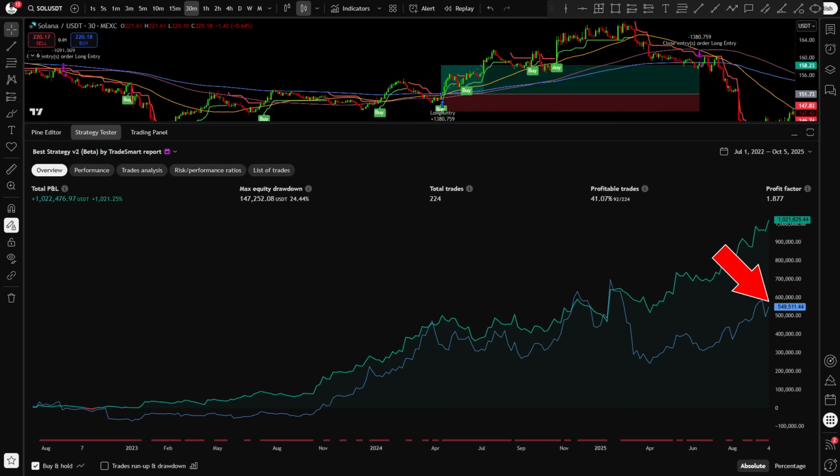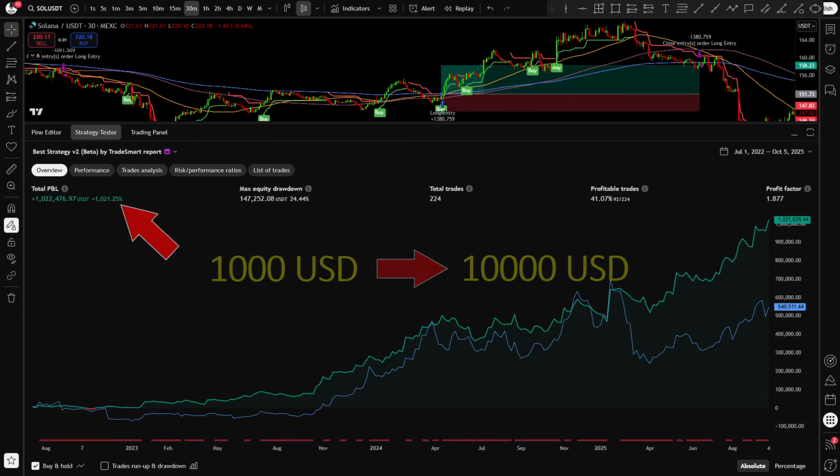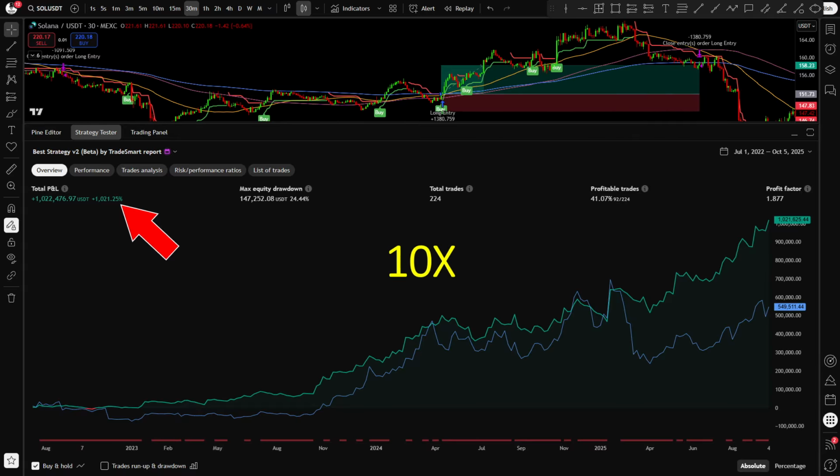In the last 3 years, if you would have traded this strategy alone, it would have turned a $1,000 investment into $10,000. That's a 1000% plus net profit, or in other words, a 10x. And the best part, this strategy not only works on Solana, but on Bitcoin and Ethereum, and probably on other